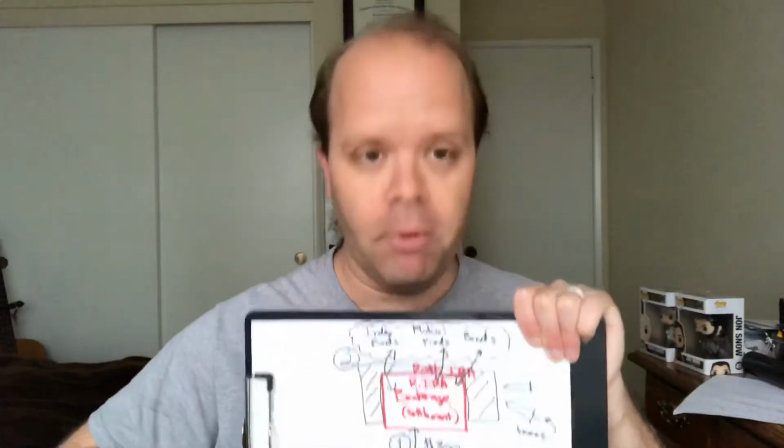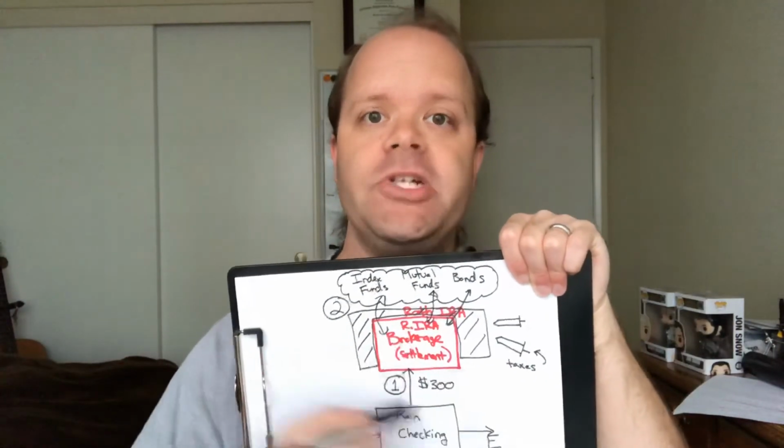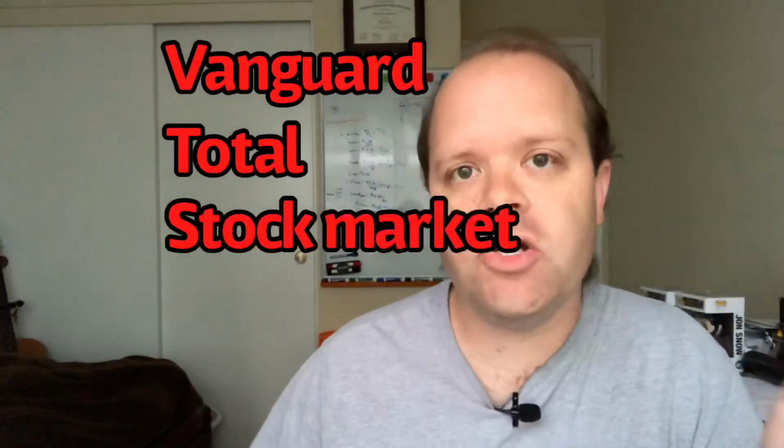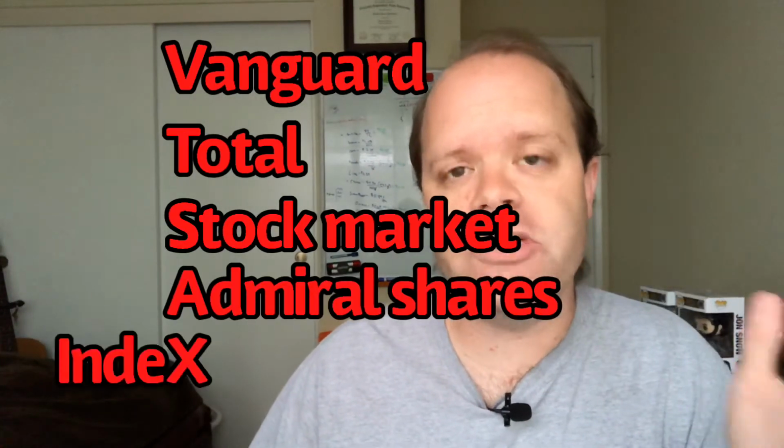So we're going to pull money from the main checking up into the brokerage, and then I'm going to buy shares. And what I'm going to buy shares of is called VTSAX. I'll show it up right up here. It's the Vanguard Total Stock Market Admiral Shares Index Fund. All right, so let's go ahead and get over to the computer, and I'll walk you through step by step